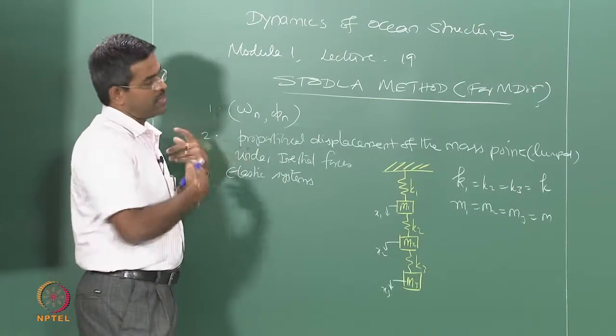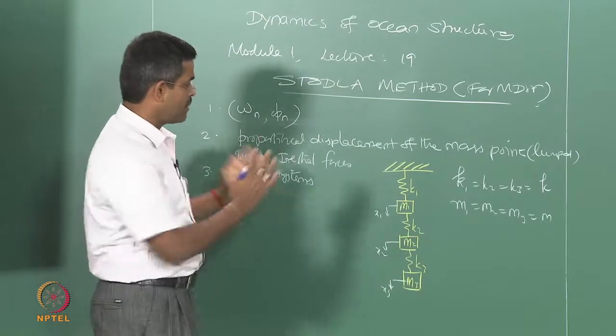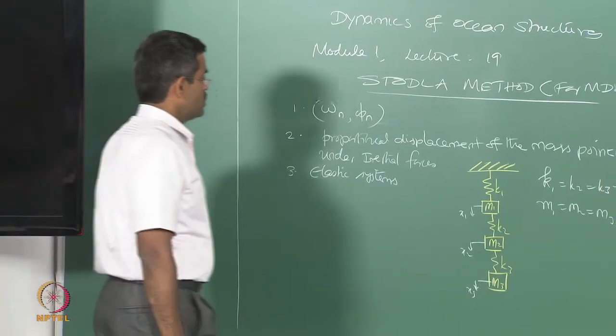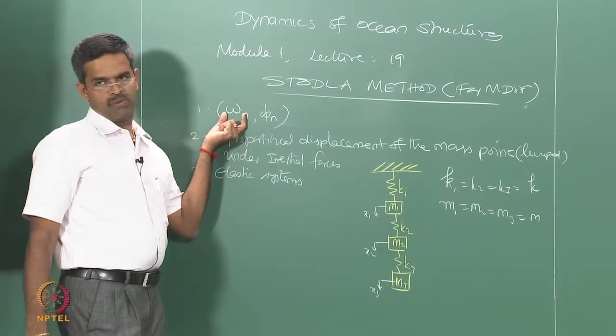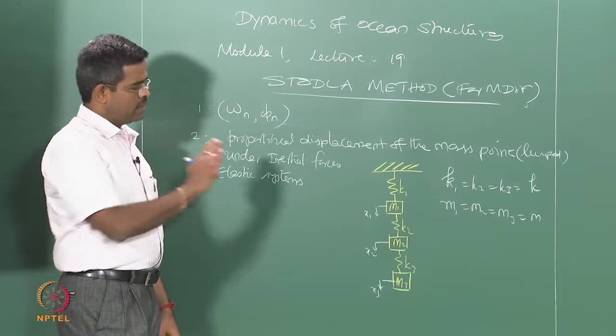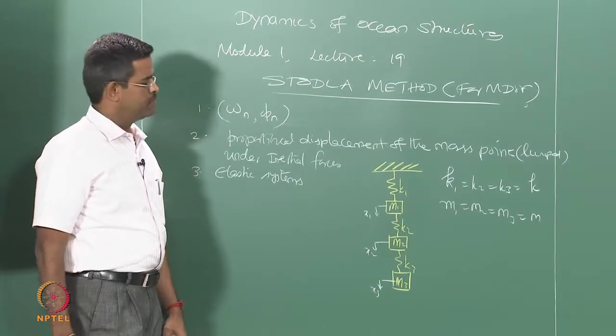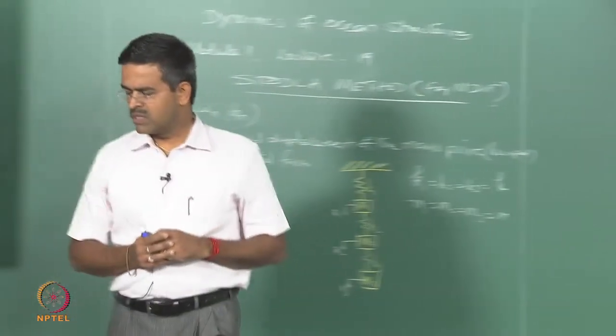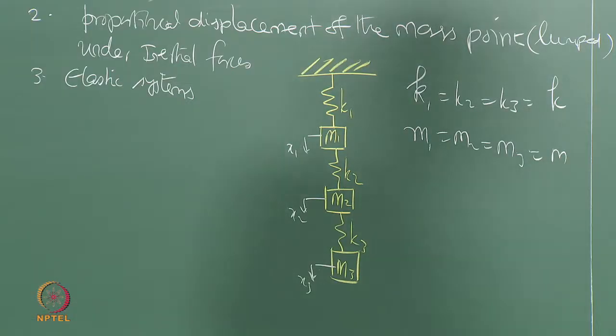We will derive this after we understand the method later. There is a mathematical proof available where Stodola will converge to the fundamental, the lowest possible frequency, and the corresponding mode shape. We will talk about that proof later. First let us understand the method. So, the method goes in a tabular form. Let us try to draw the tabular form here.